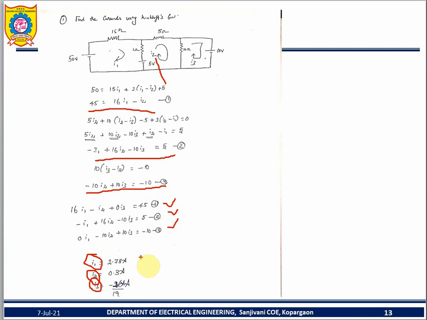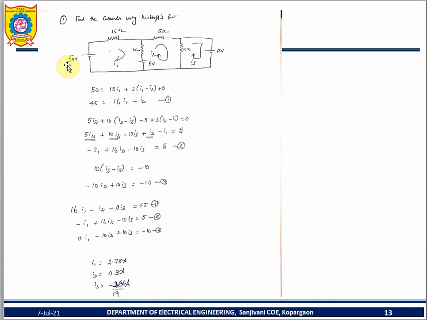What is I1? It's nothing but delta 1 divided by delta. Mathematics you have already studied. I2 is delta 2 divided by delta. I3 is delta 3 divided by delta. So use your calculator directly to find out the answer. Room number 1, first equation. Room number 2, second equation. Room number 3, third equation. How to write the equations?